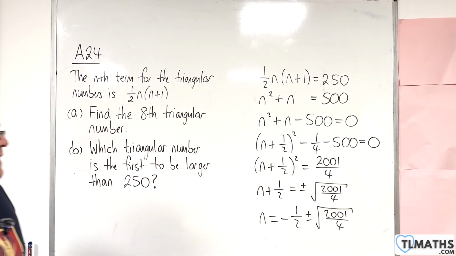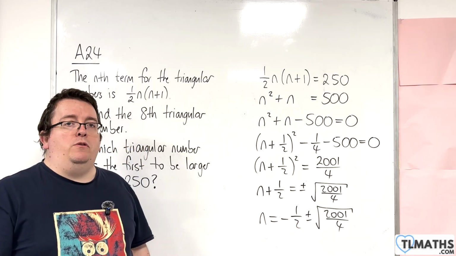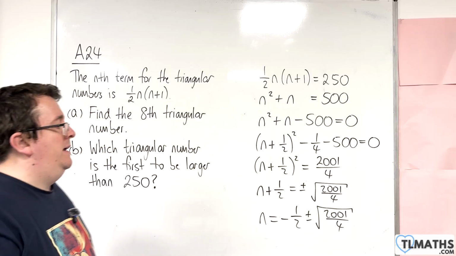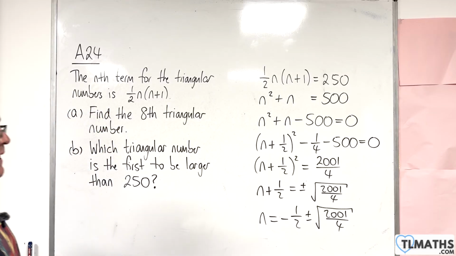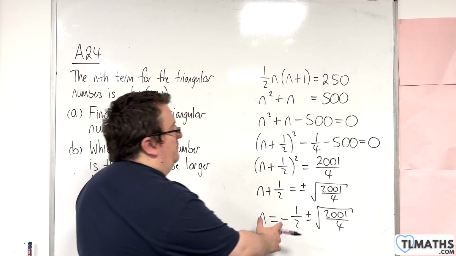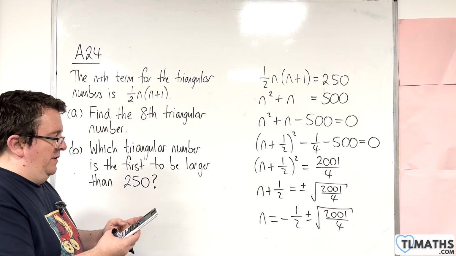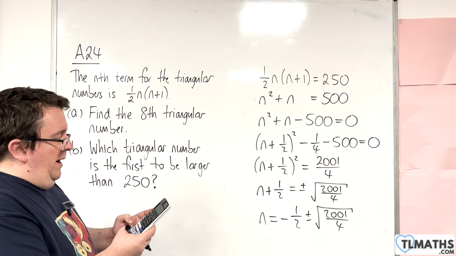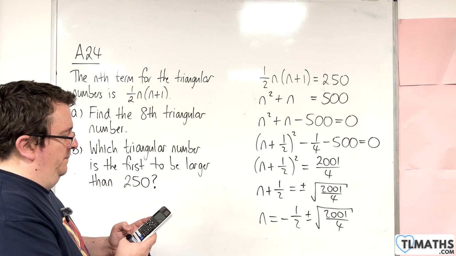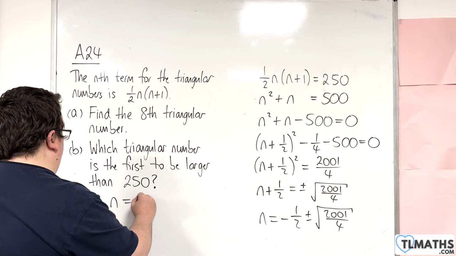Okay. Now, I can ignore minus a half, take away the square root, because I don't want n to be negative. n must be a positive integer. So I'm only interested in minus a half plus square root of 2001 over 4. So I'm going to pop that in my calculator. Minus a half plus the square root of 2001 over 4. And we get that n is